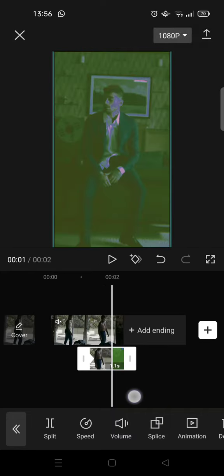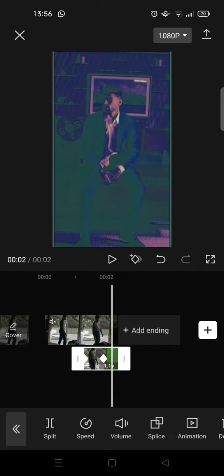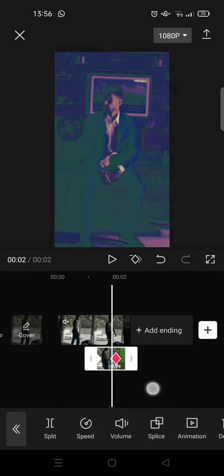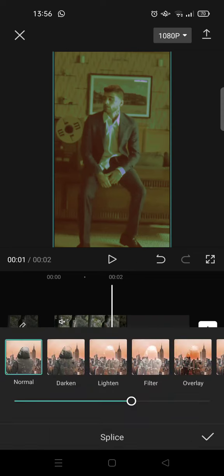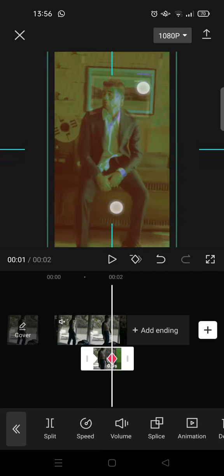add another keyframe. So here click on this and add another keyframe and split the video a little after. So here I'm going to split and add the second keyframe in here. Go to splice and adjust normal to 70. Click on the check icon and then zoom out on the last keyframe